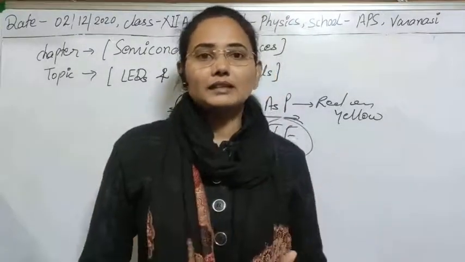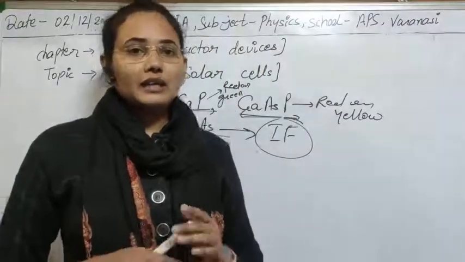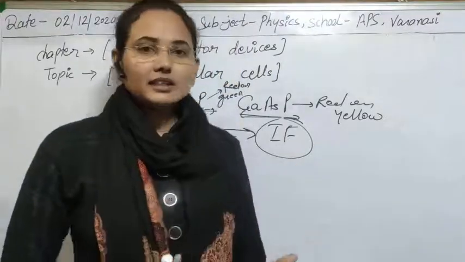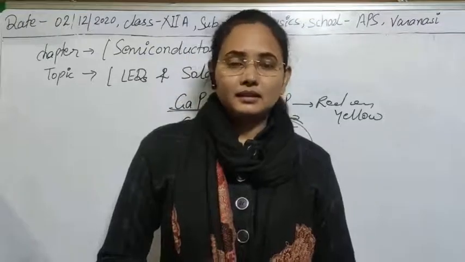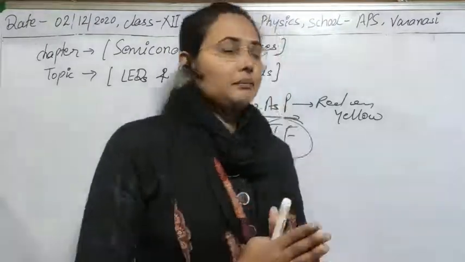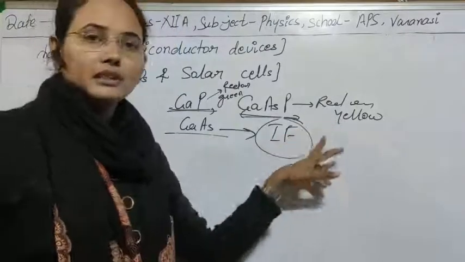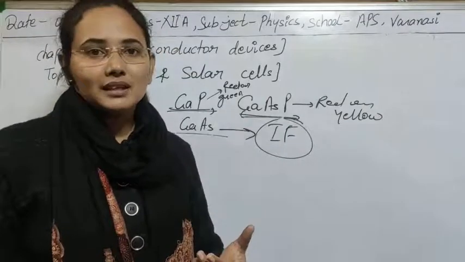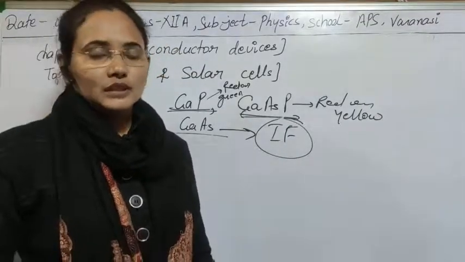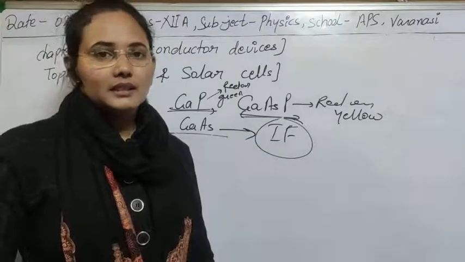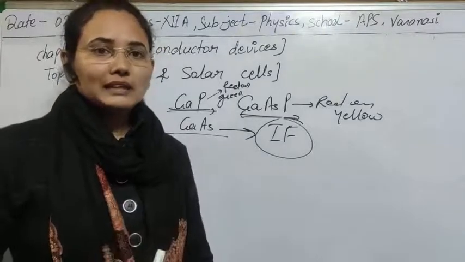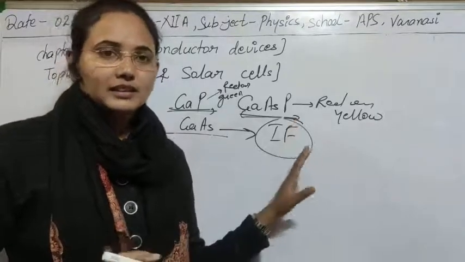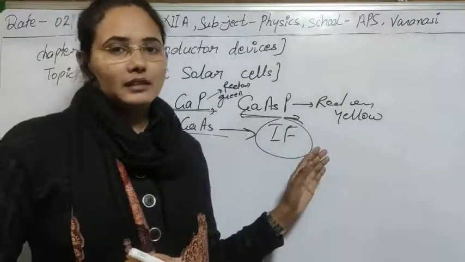But if we want to change the intensity of radiation, suppose we want intense light from the LEDs that we are fabricating, then for that we need a large number of charge carriers. Obviously it's very simple, and the number of charge carriers, you know, is dependent on the intensity. So the factor that can affect the intensity of emission of radiation is totally dependent on the charge carriers, and charge carriers can be increased by doping in the case of a p-n junction diode. So intensity depends on the doping. If we use high doping, then there will be high intensity of radiation emitted. So this is the factor that can affect LEDs, and I think it is totally clear.